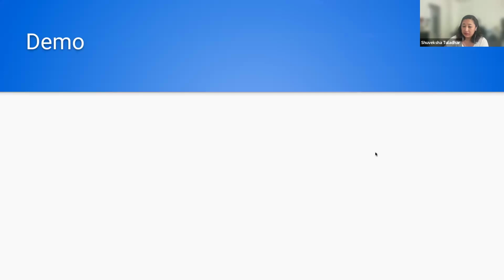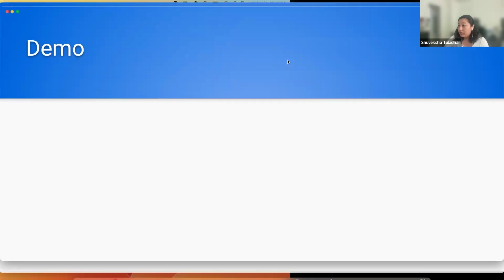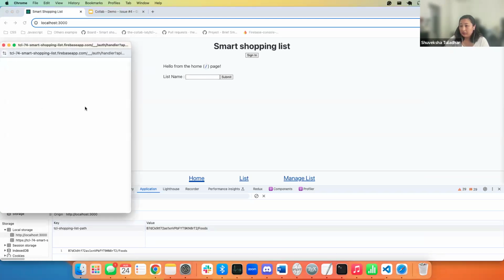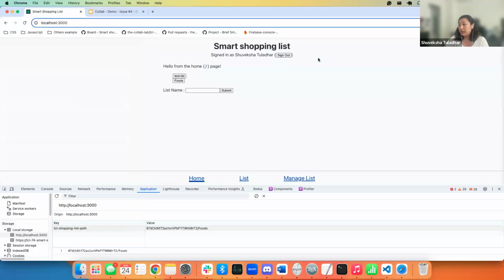So now the demo. Here's our app. At first, let me sign in. So I am signed in as my name. If you try to submit without writing anything in there, it gives an alert that says please enter a valid name. If we write anything in here like dinner menu and try to submit,